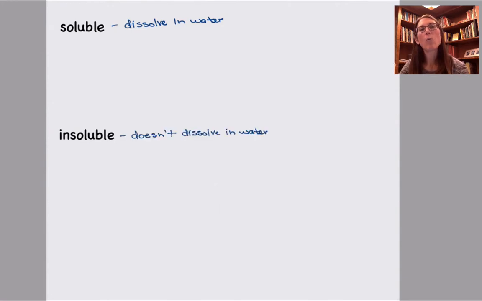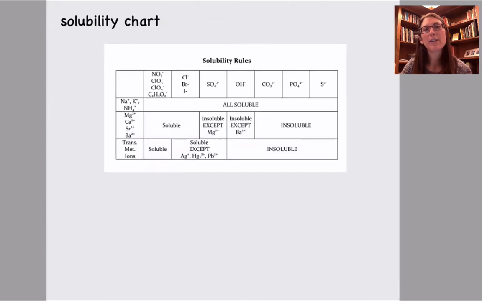If you think about why this happens and you think back to first year chemistry, for things to dissolve in water, the particles have to be able to interact with the water molecules. Whereas if something is insoluble, those particles are more attracted to themselves than they are to the water. There are definite patterns as to which ionic compounds will dissolve in water and which ionic compounds will not.